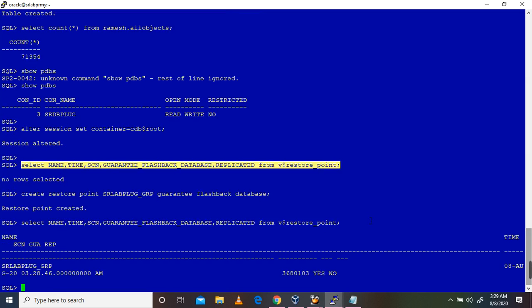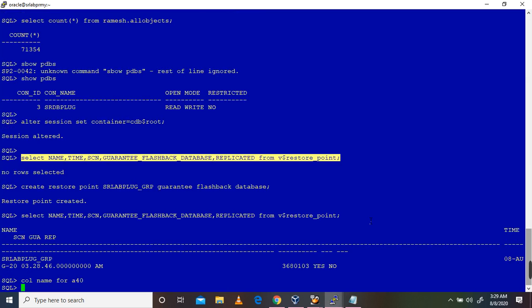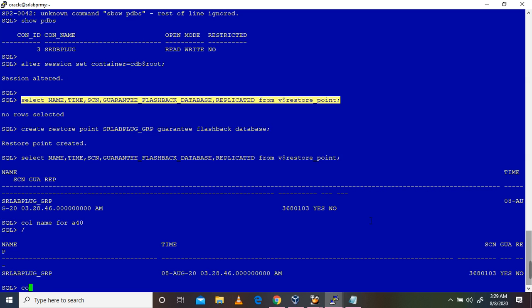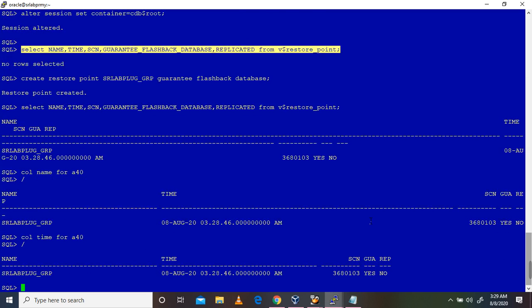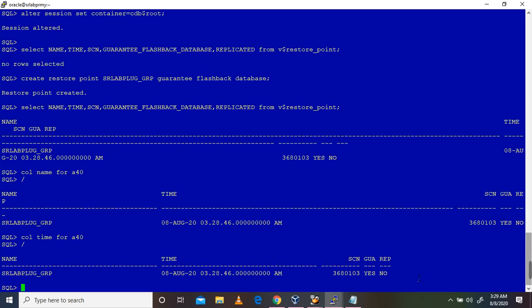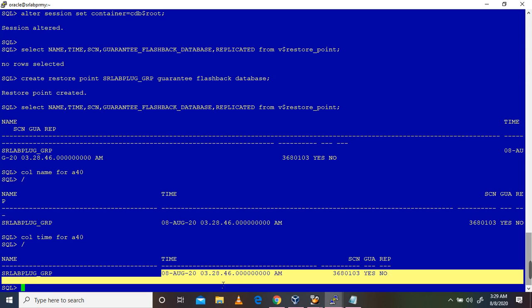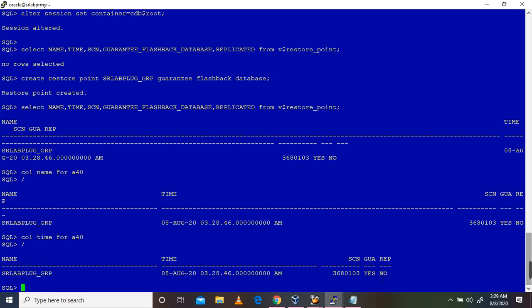In primary, the restore point will be created. It is a guaranteed restore point. This is the SCN number, time of creation, and replicated is no here.